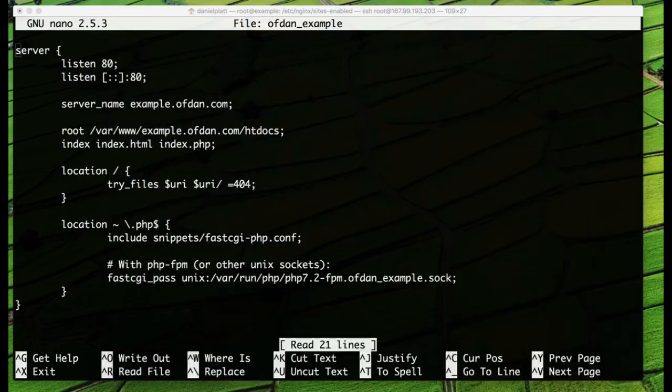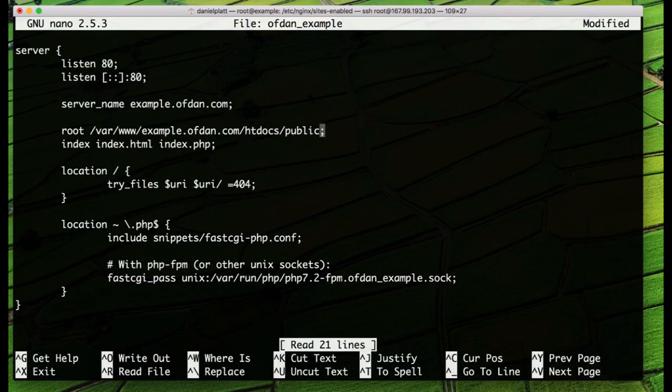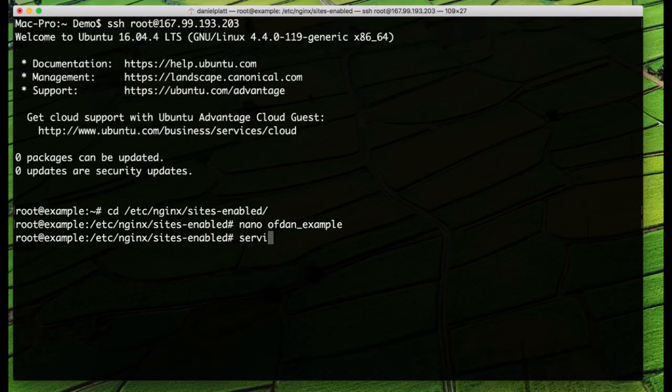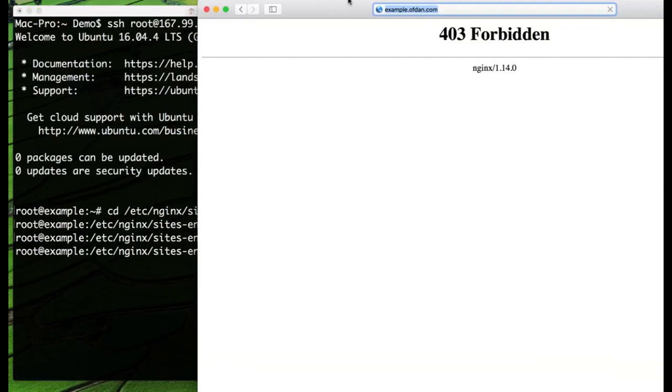So we're getting forbidden. First thing we need to remember with Symfony is that it uses a public folder. So whilst the project lives in htdocs, its entry point for the web server is actually in the public folder. So if we reload that, Nginx reload, and now